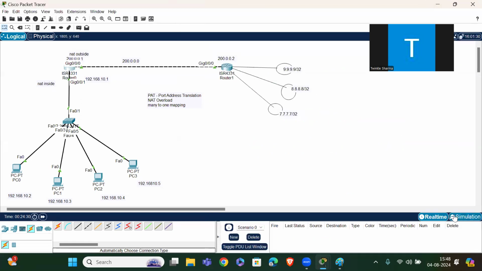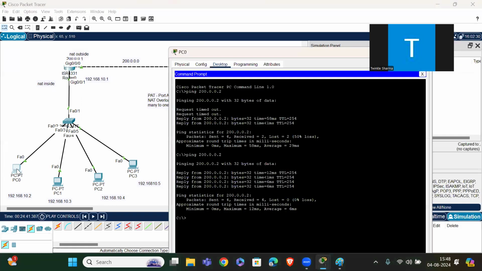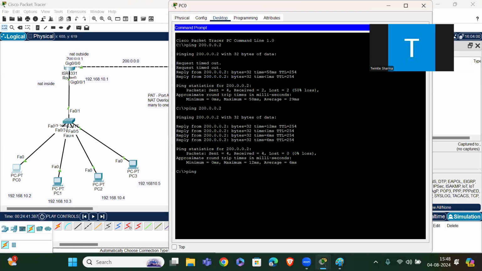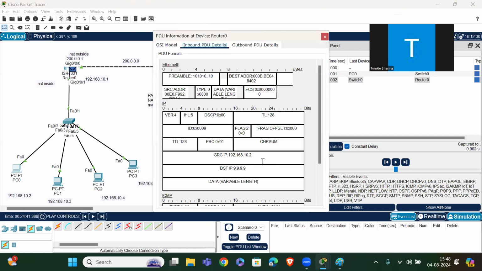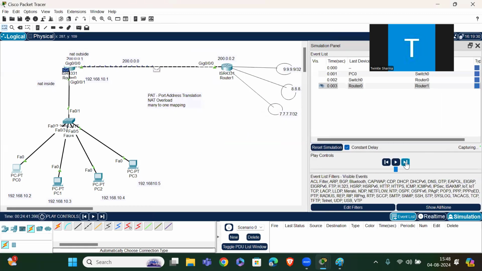Now let me ping from PC1 to our loopback interface. Ping 9.9.9.9. ICMP message created. Send. Here, let me check. My source IP is 192.168.10.2 and destination is this. Source IP is 200.0.0.1 and destination is 9.9.9.9. Okay, send. Here, let me check.